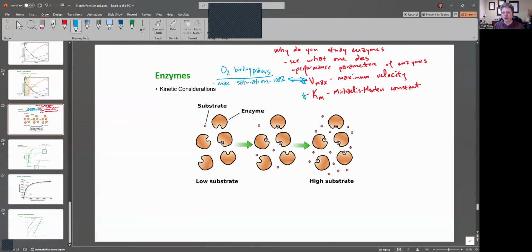Now, an oxygen binding protein has a property or value very similar to a Km, and that's none other than its P50. The P50 is the PO2, or the partial pressure of oxygen, where your hemoglobin is 50% saturated. Okay. So if we think about,